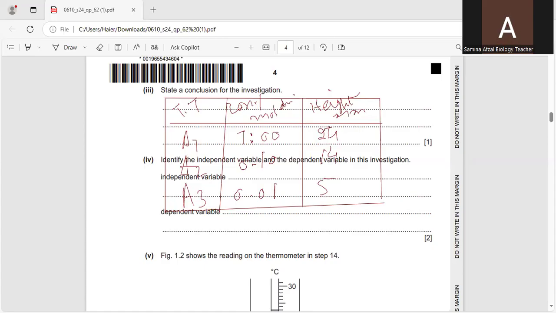So it means as there is an increase in the concentration of the hydrochloric acid, there will be an increase in the height of the yellow agar jelly. In simple words, we can say that an increase in the concentration of the hydrochloric acid also increases the rate of diffusion. So it means greater height shows the greater increase in the